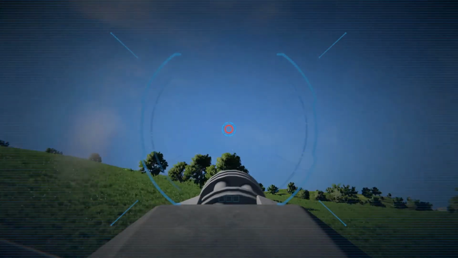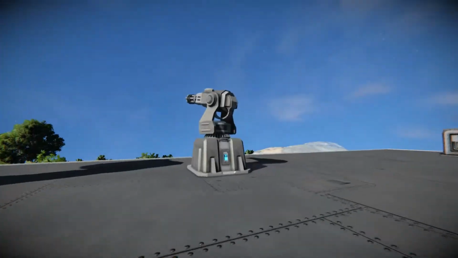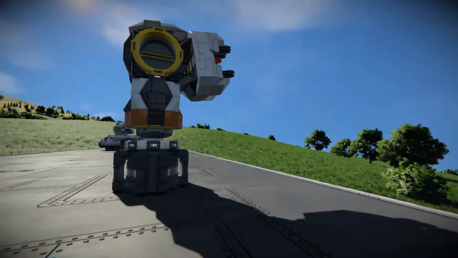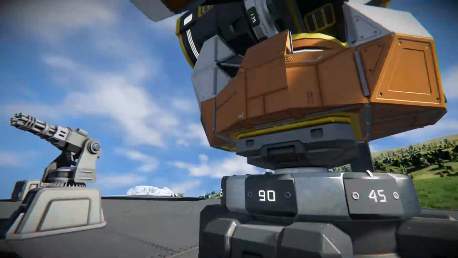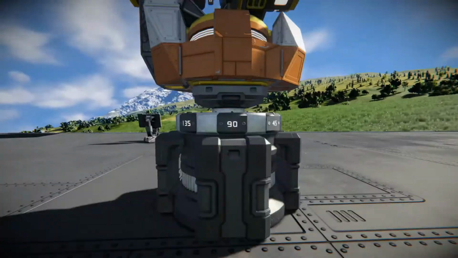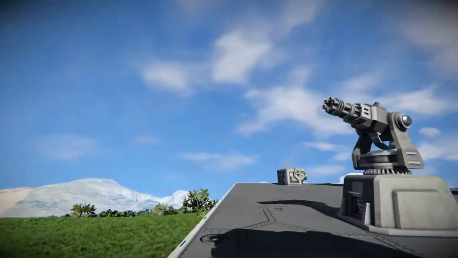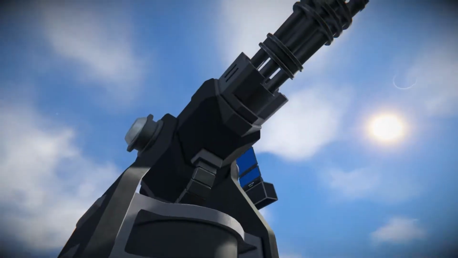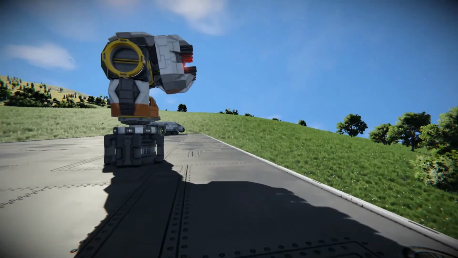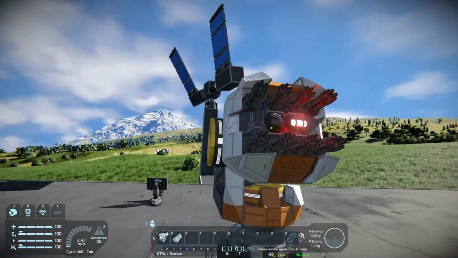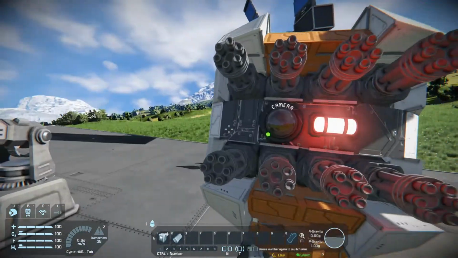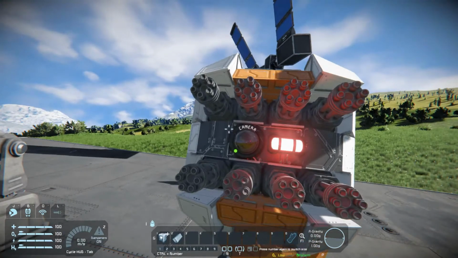And what's cool about this is you can have as many designators as you want, or as many rotor turrets as you want. So I could put 10 of these down and have 10 of these rotor turrets controlled by a single AI turret. And the interesting part is, with the way the damage models and the damage output works,